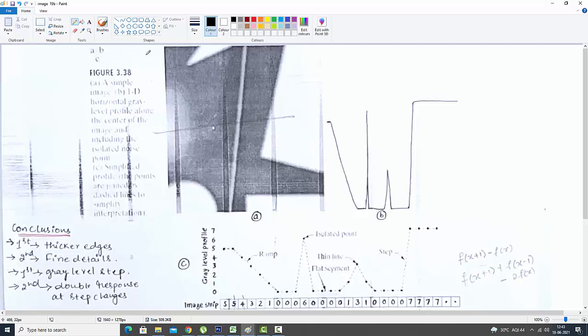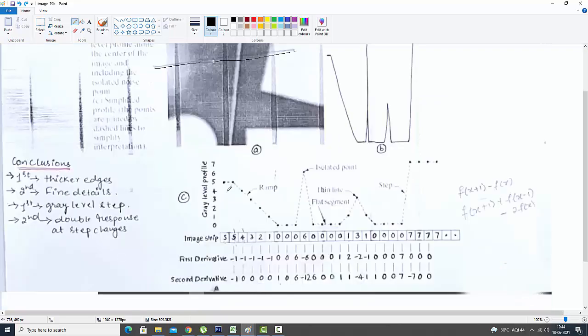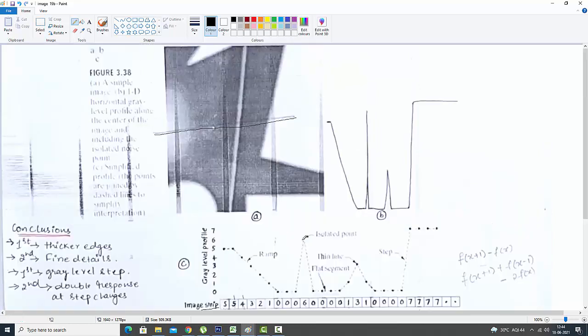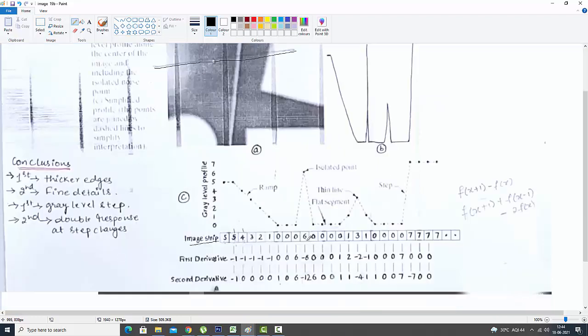Now we have taken an example, an image from which we have taken only a horizontal line. A strip from the image is taken, and each pixel has a value, like 5 and so on. Where it is 0, it means it is totally dark, and there it will get 0, and other portions will get values accordingly. So this is the image strip.